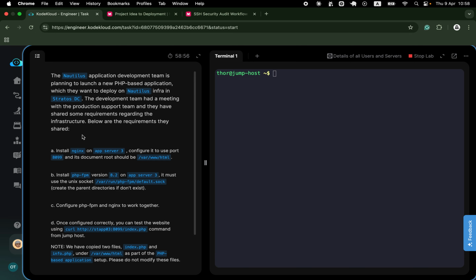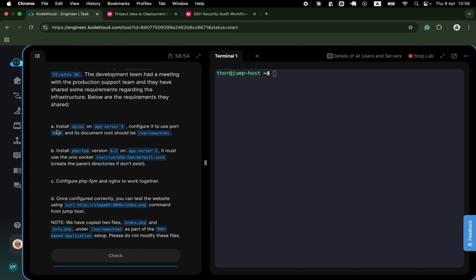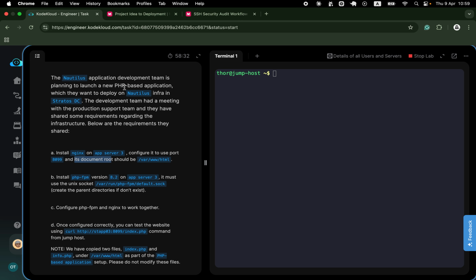The first thing we have to consider carefully is we have to install Nginx on App Server 3. We don't need to go into App Server 1 and App Server 2, just only App Server 3. Configure it to use port 8099 and its document root. For a PHP-based application, the document root should be in this